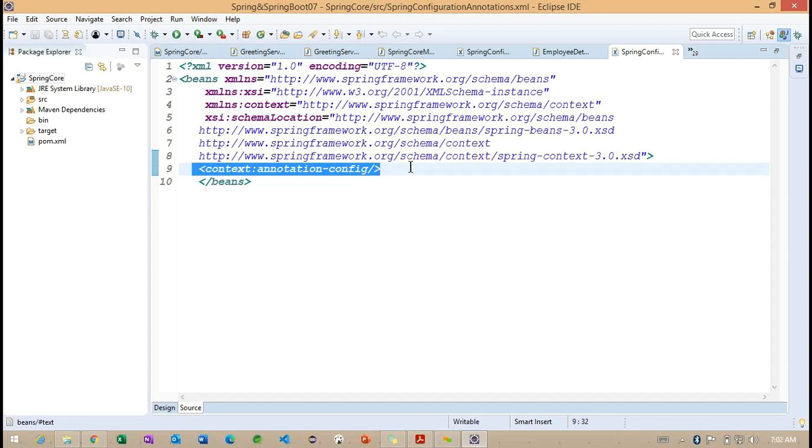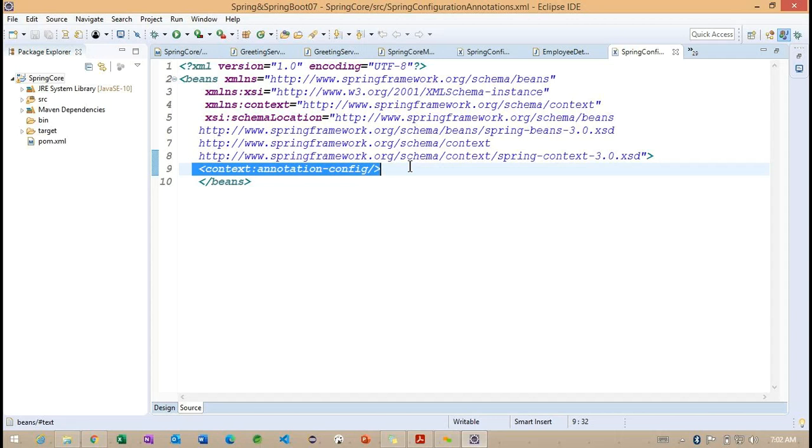Now we are moving to the annotation example. Whenever we move to the annotation example, by default the Spring container cannot understand which application we are running, whether XML or annotation.